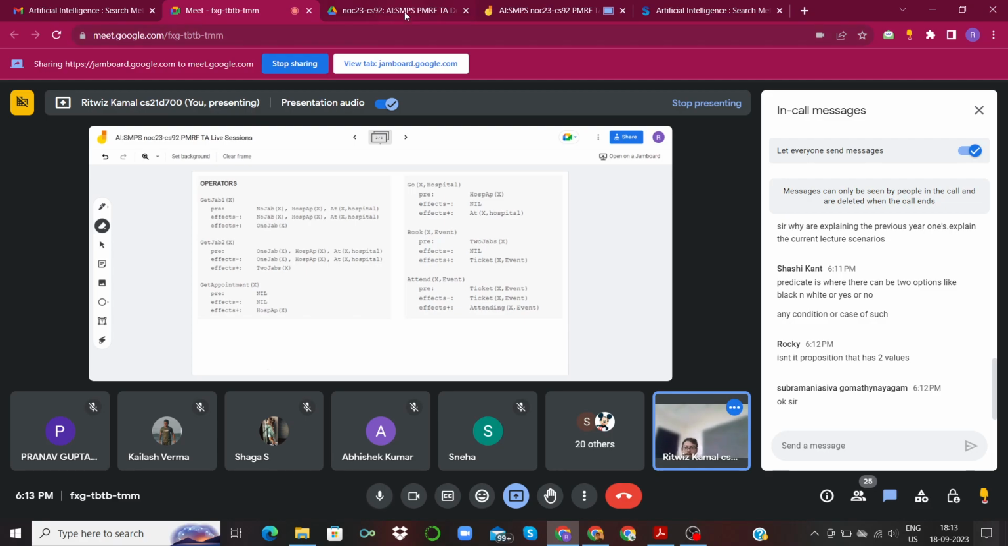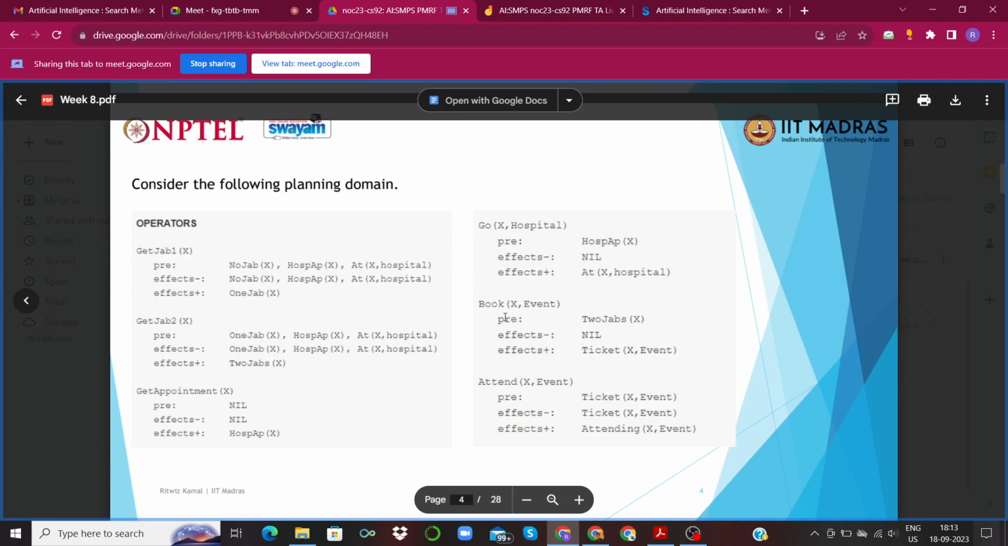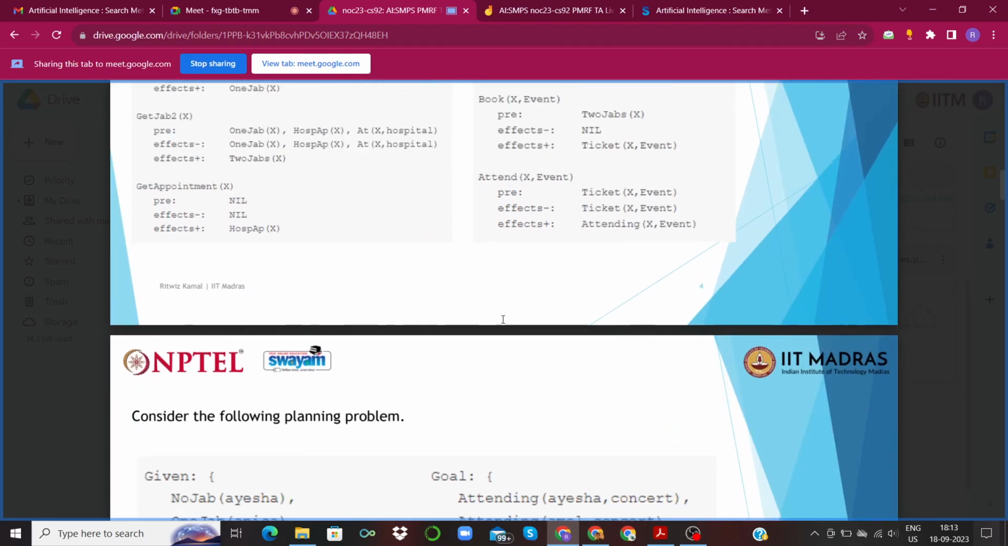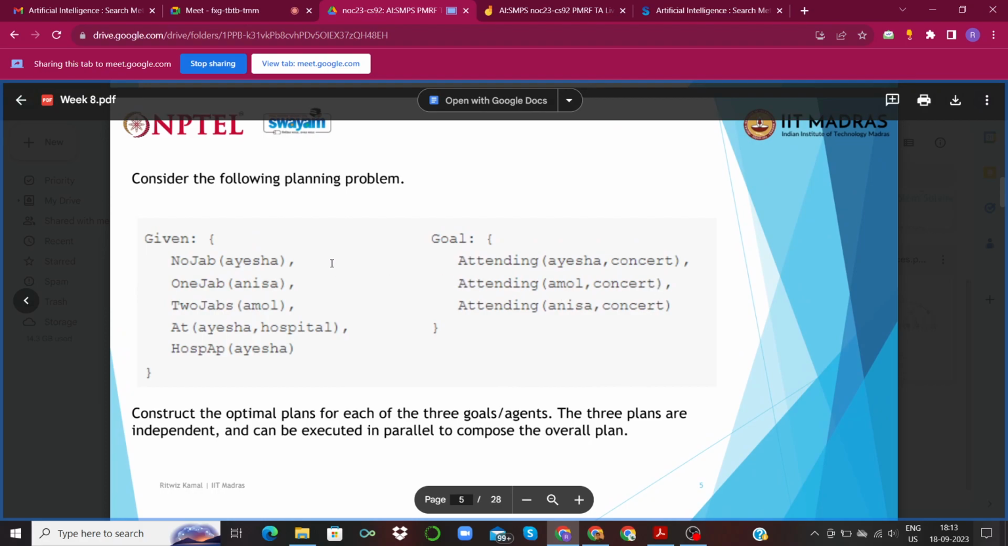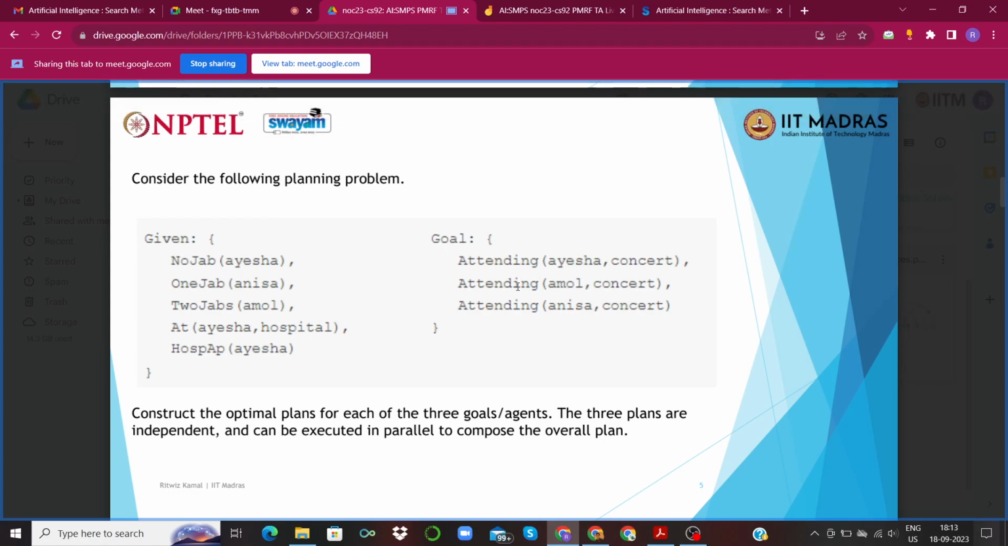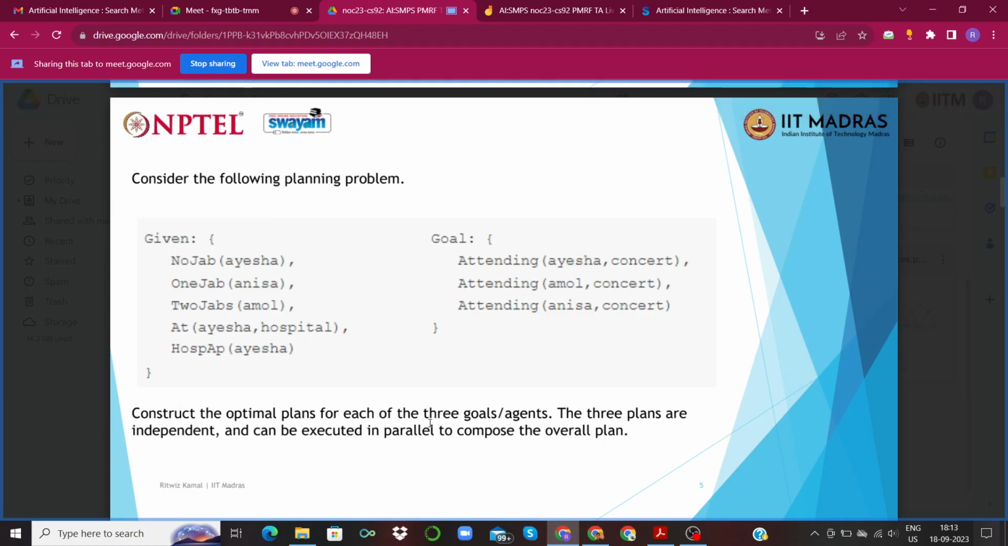Okay, now let's get back to our slides. So we discussed the predicates and the operators. Now, we are given two things: one initial state and one goal state. What we have to do is construct the optimal plans for each of the three goals or agents. The three goals or agents in this case, if you see the goal state, are